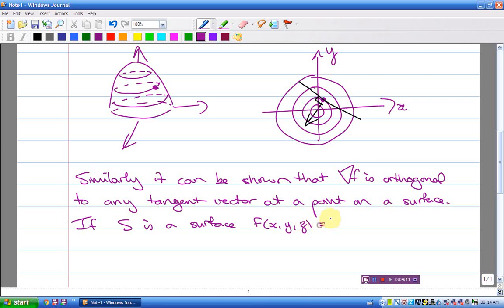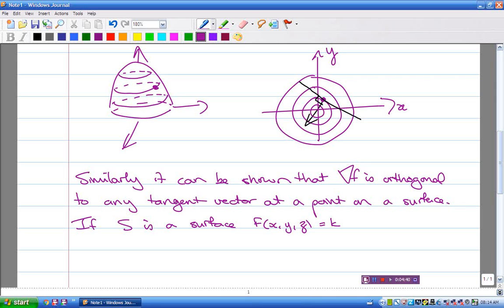So basically what I'm doing here is taking a surface equation. Think of any surface equation, a sphere, a cone, anything. Instead of writing it as z equals a function of x and y, bring all the variables over to one side of the equal sign and think of it in terms of something involving x, y, and z equaling a constant. And if we do that, we can think of that surface as being a level surface